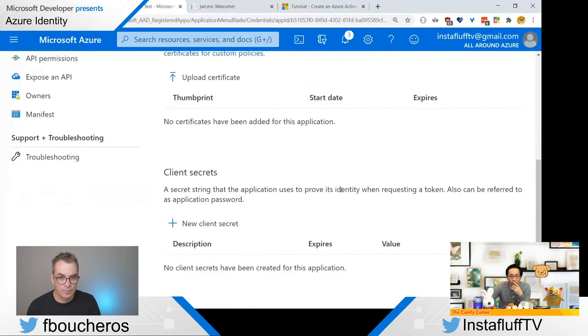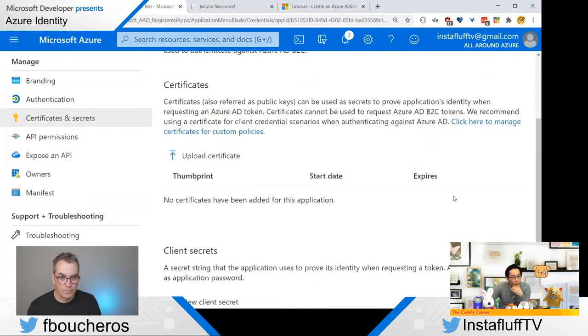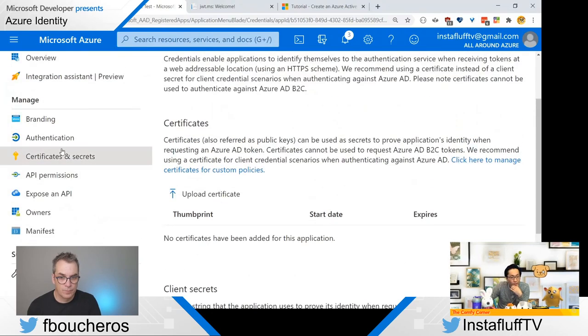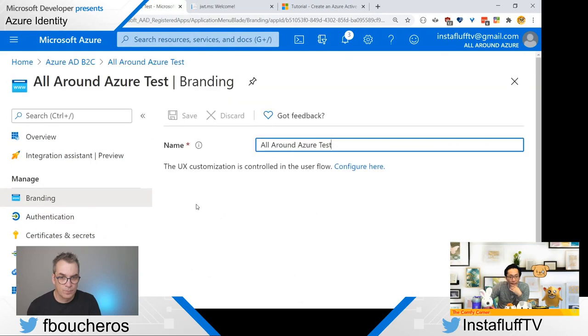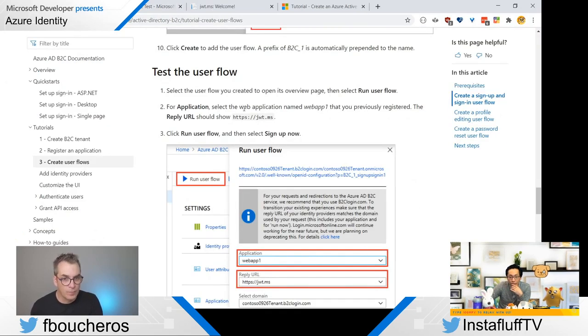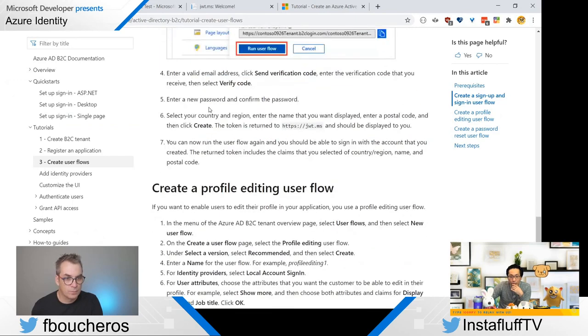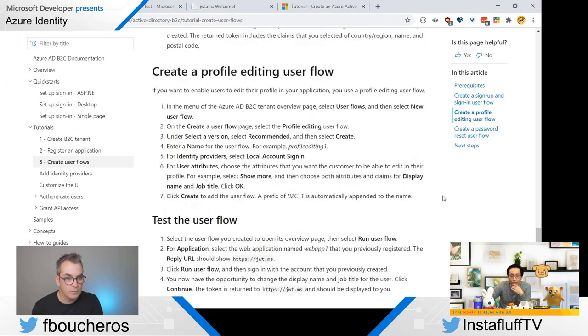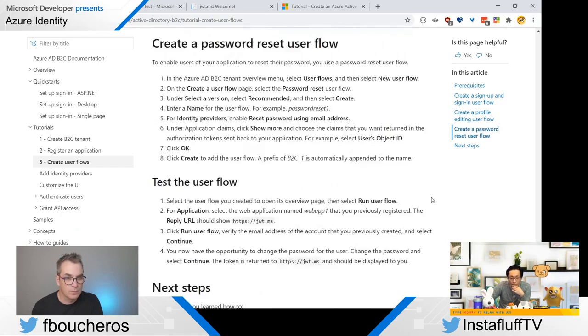Prove its identity when it's requesting a token, and this is where we can change the branding and stuff. Oh, UX customizations, we can run the user flow here. The firewall should show here, and then your password, create profile, edit user flow and password reset.